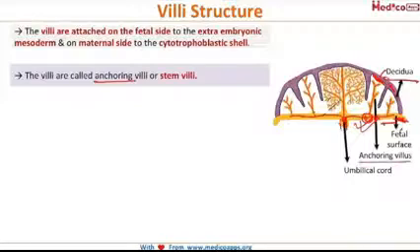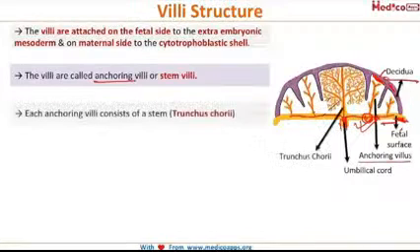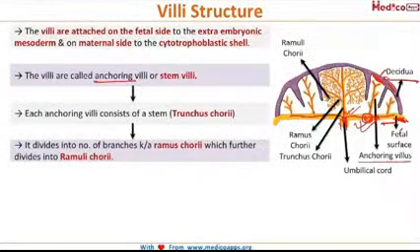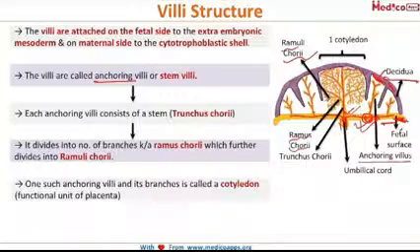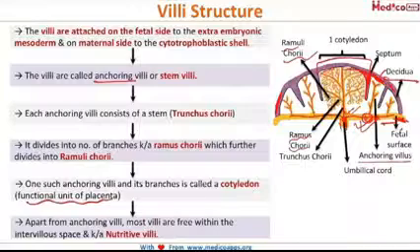Now each anchoring villus consists of a stem which is called truncus cori, and these divide into a number of branches called ramus cori, which further divide into the ramuli cori. And one such anchoring villus along with its branches, this complete thing, is called one cotyledon, which is the functional unit of the placenta. And apart from the anchoring villi, most villi are free within the intervillous space and they are called nutritive villi. And there was a question recently asked that what is a cotyledon, and the answer to that question